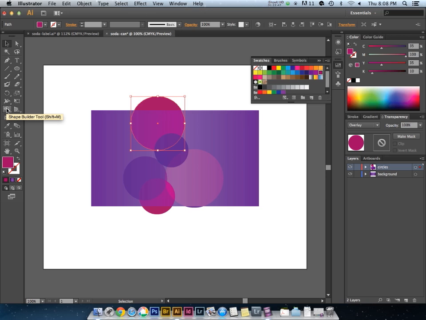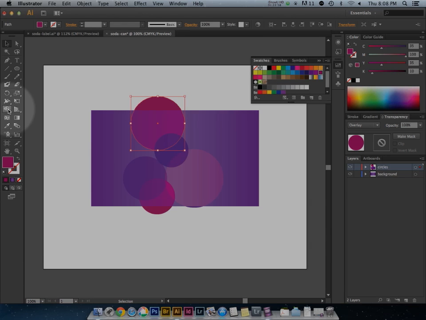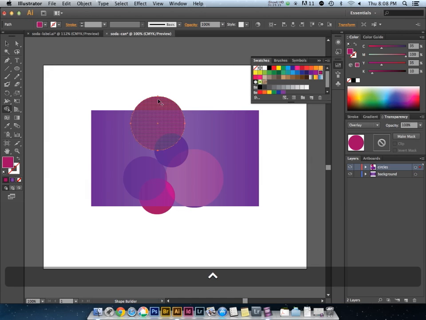I have a tool panel. Sorry, I have a 2-column tool panel set up. You might have the 1-column, but basically the shape builder tool looks like this. It sort of has 2 circles kind of stacked on top of each other with a little arrow overlapping the larger circle. If you click on the shape builder tool, it'll give you the shape builder option, and when you